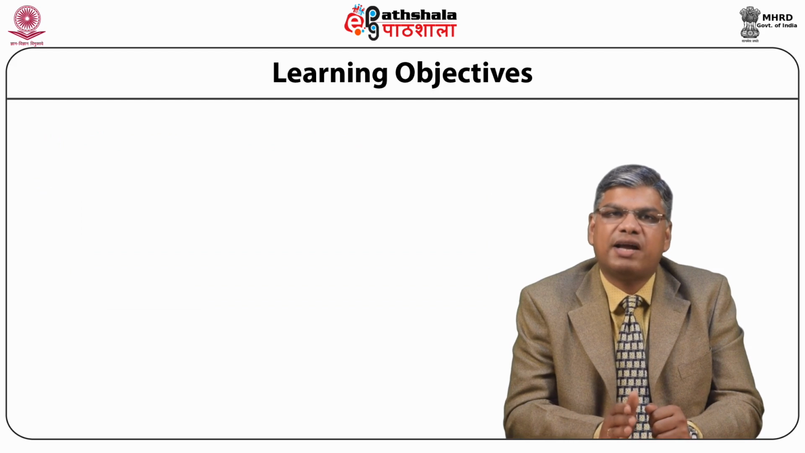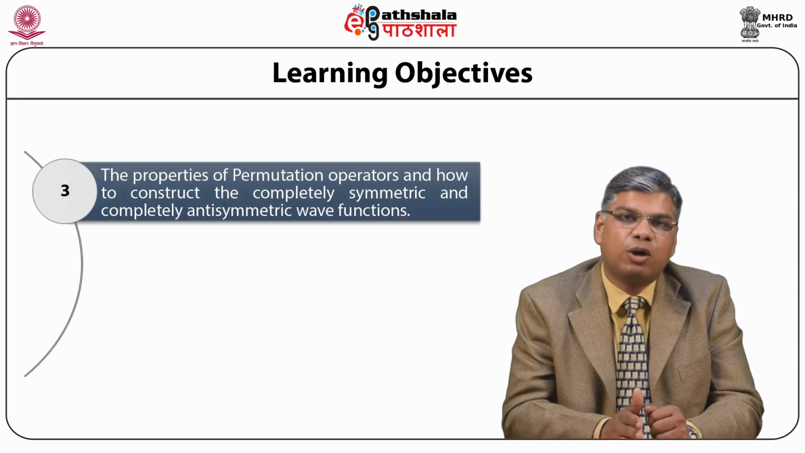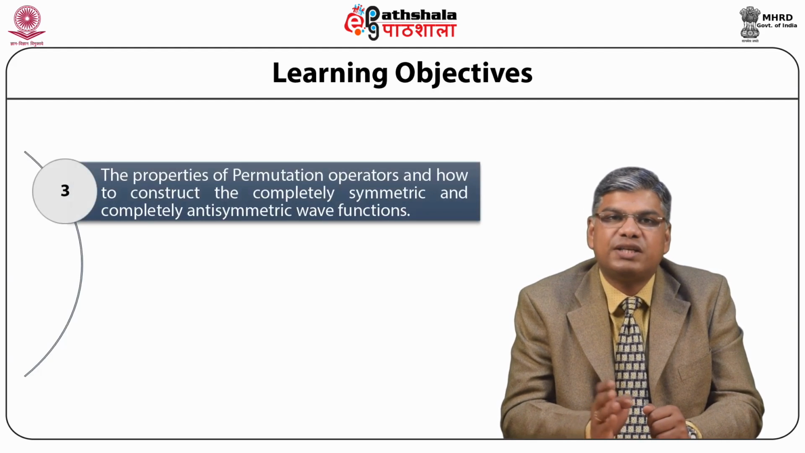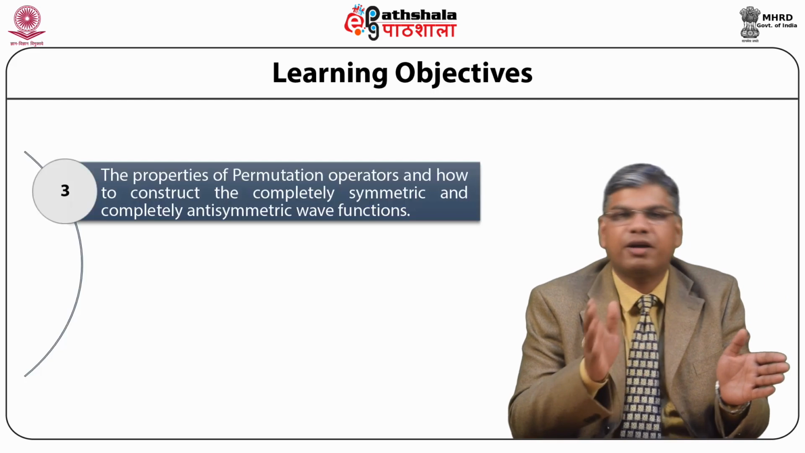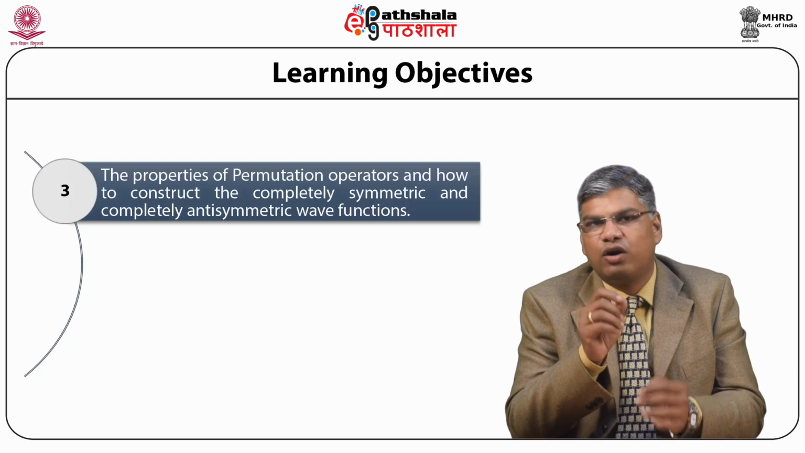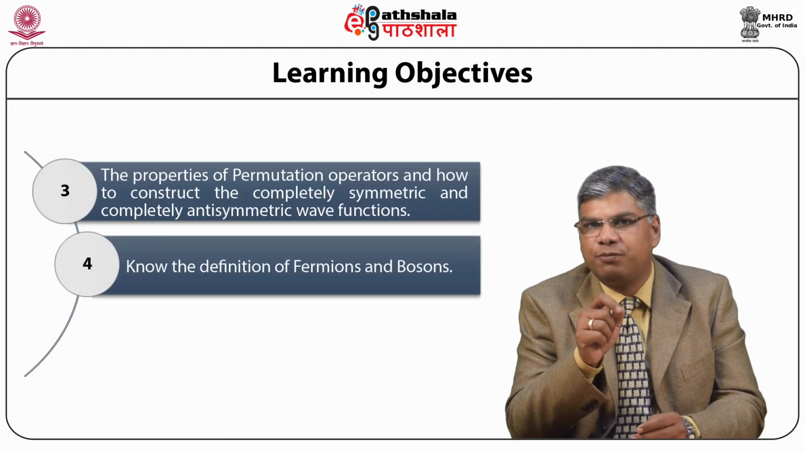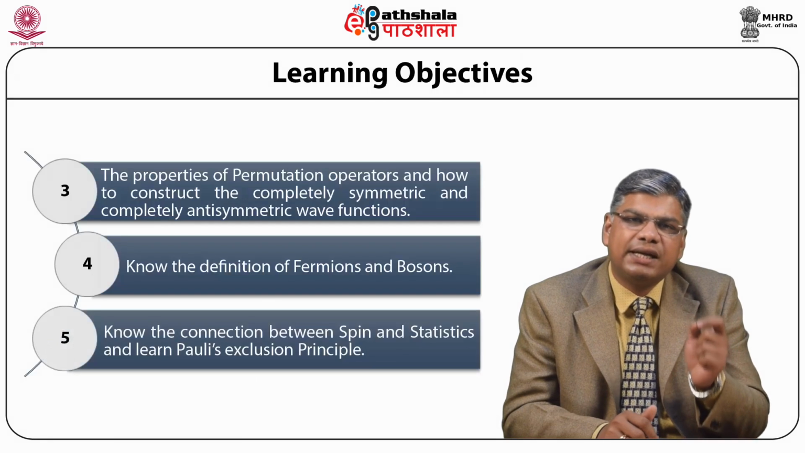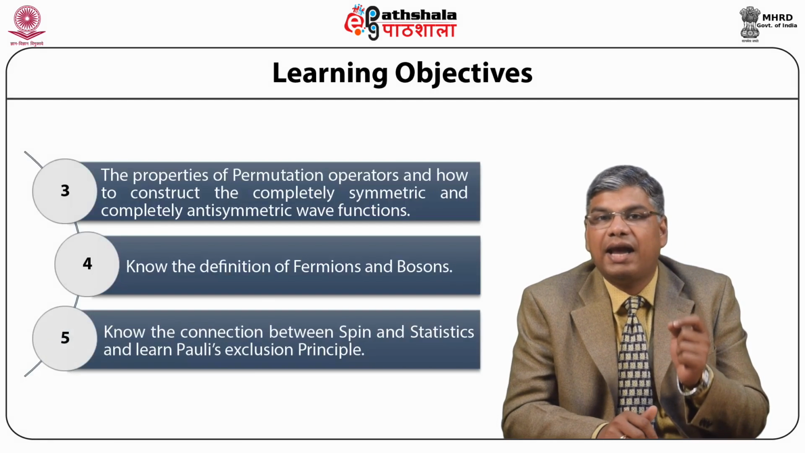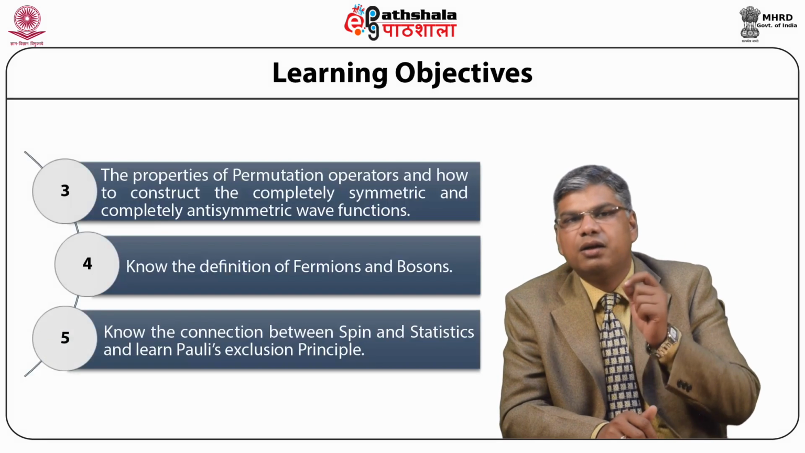Then we will also try and understand the properties of permutation operator and how to construct the completely symmetric and completely antisymmetric wave functions. We will also get to know the definition of fermions and bosons. Then we'll also know the connection between the spin and statistics and learn Pauli's exclusion principle. In this module, we shall also study the role of the permutation symmetries to describe a system of identical particles